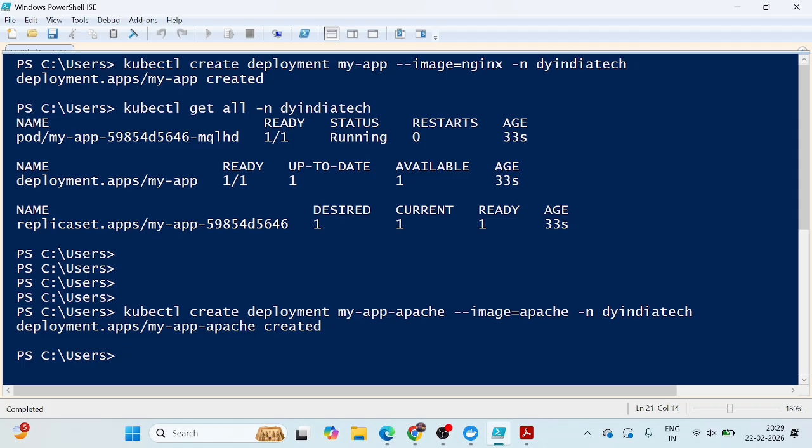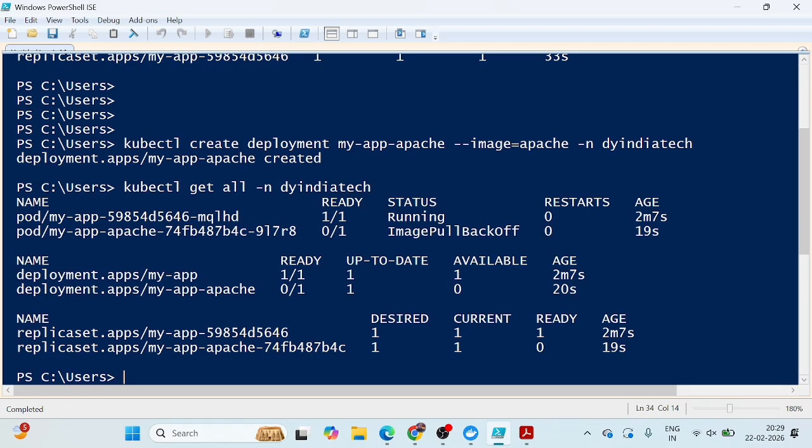So now I have created another deployment, which is Apache, a web service. So now I've created, and it's showing it is created. Let's check it. So now this second deployment is created, and this showing that